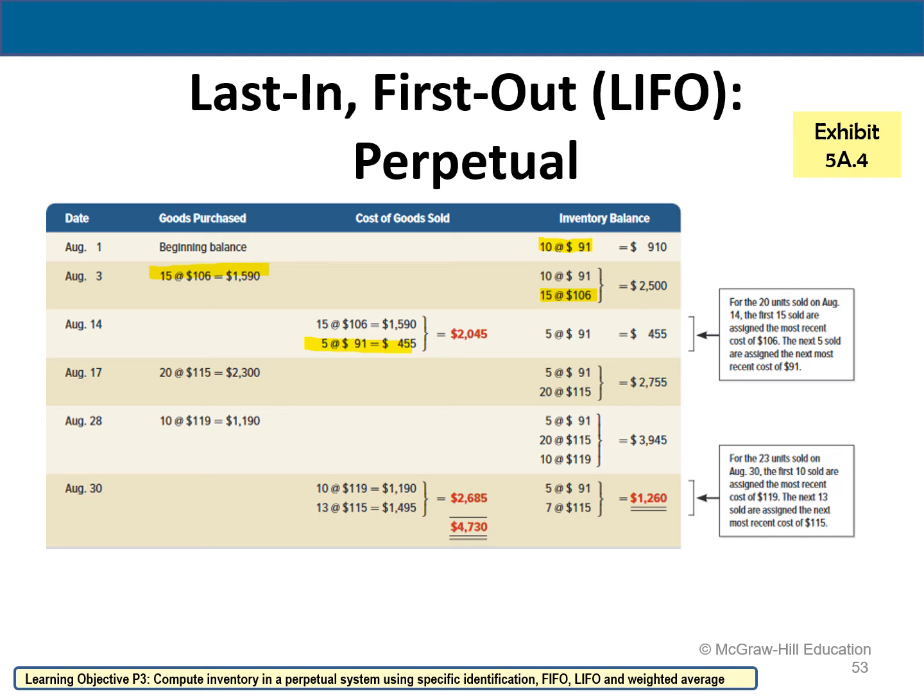So then we're left with 5 from our beginning inventory. That's our oldest cost. Then we purchase 20. Then we have our 5 and our 20, and we purchase another 10. And then we sell 23. So we're going to sell the most recent ones, which is we're going to sell all 10 at $119 first, because that's from August 28th. And then we're going to sell the other 13 from the one previous. So we're going to sell 13 of our 20 at $115